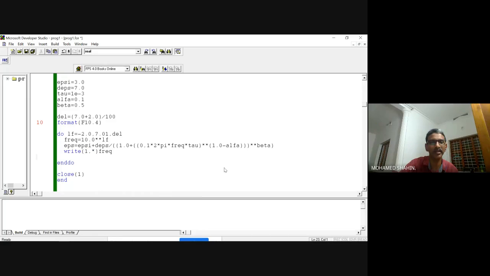Frequency, real part of EPS, imaginary part of EPS, and we know that this is negative, so we put negative. So this has been what